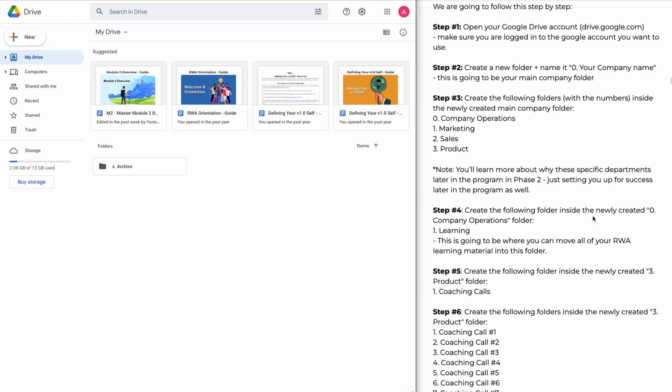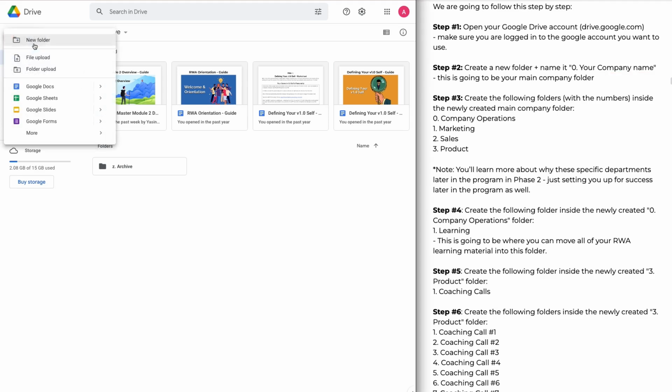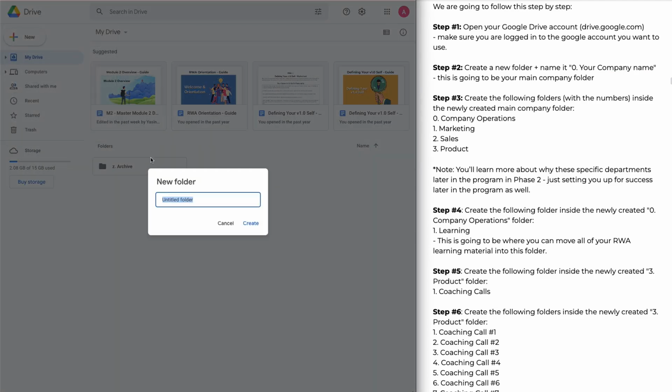But for right now, what you're going to do is just click on new. Click on new folder. You're going to type 0. Remember, the numbers are very important. 0, and then you're going to say remote wellness practice, right? If you have an idea of what you want to call it, you can put it there. But remember, that's going to change in module 6. It's totally up to you, but you can put remote wellness practice, okay? Then you're going to click on create.